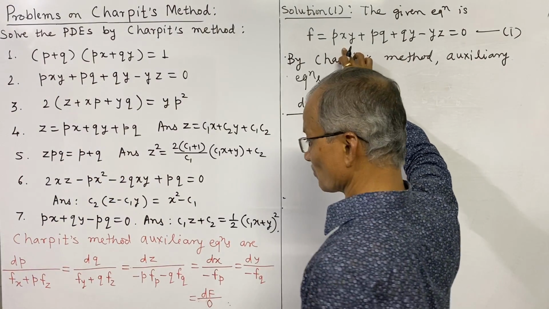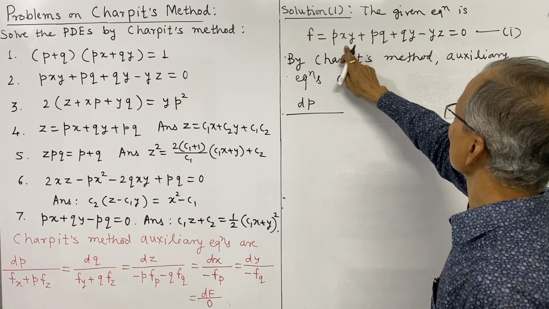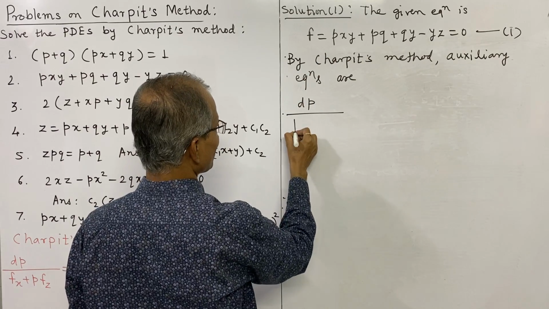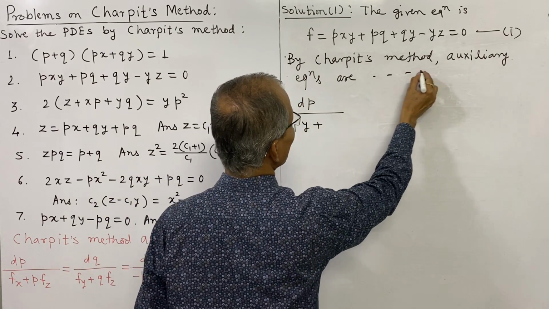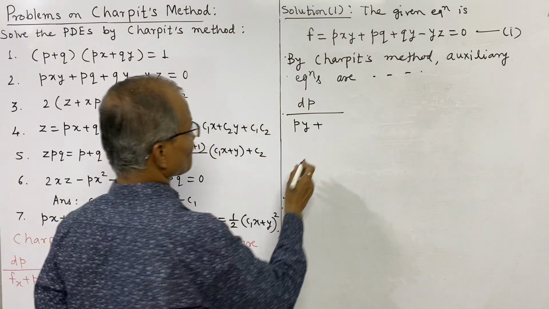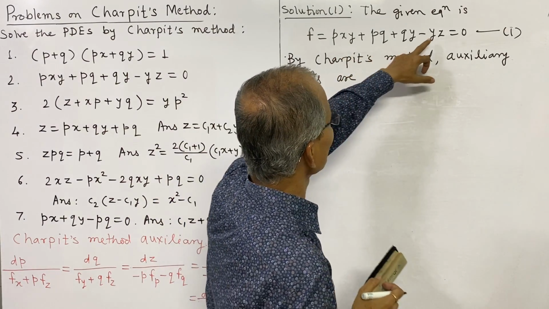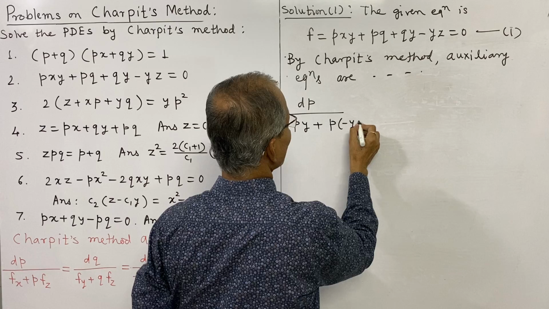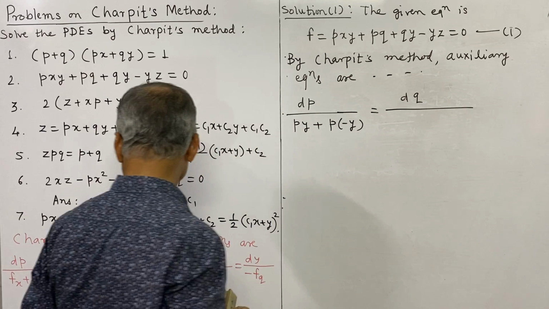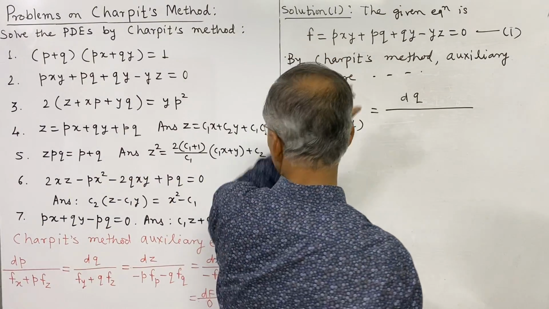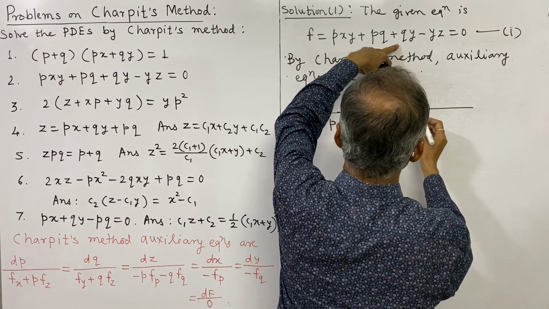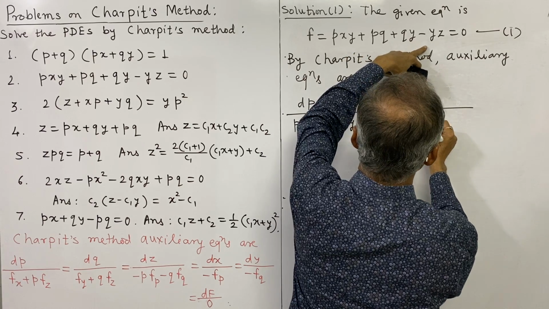F is this one. So partial derivative with respect to x, here is the only term x, and derivative of this pxy with respect to x partially is py, that is py plus, we should write these equations first and then write this step next. So plus p into partial derivative of f with respect to z, that is minus 1, and this is equal to dq. Now we see partial derivative of f with respect to y, that is p into x, and y term is here, that is q, and y term is here minus z.